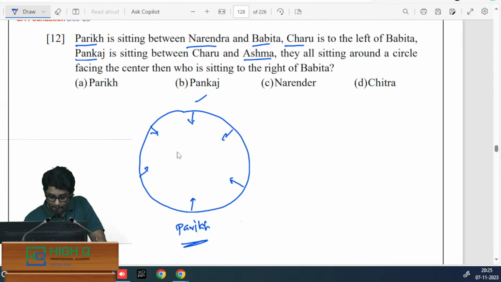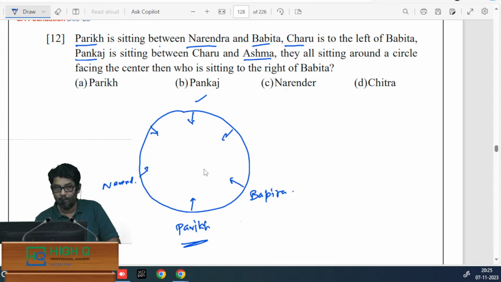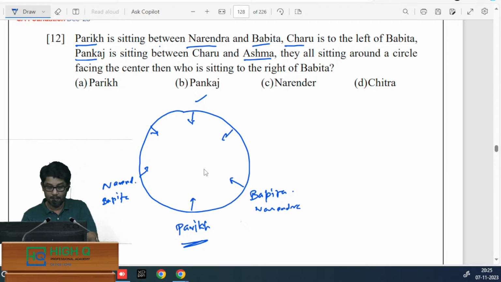Now, Parik is sitting between Narendra and Babita. So, Narendra, Babita. Now you may say, sir, I can make Babita here, Narendra here. Of course, both are possible. This is also correct only. Next,